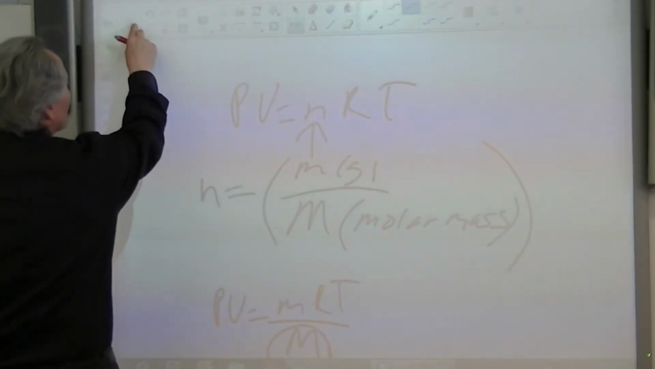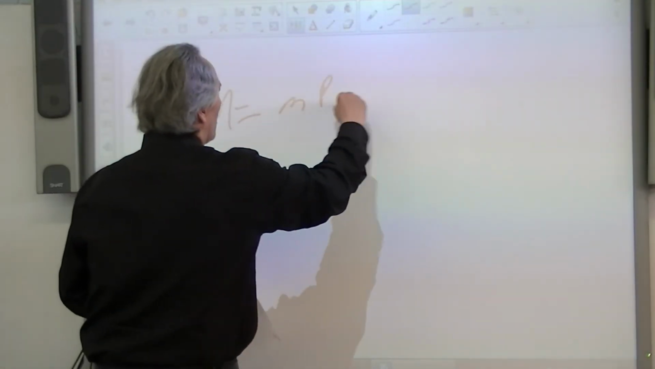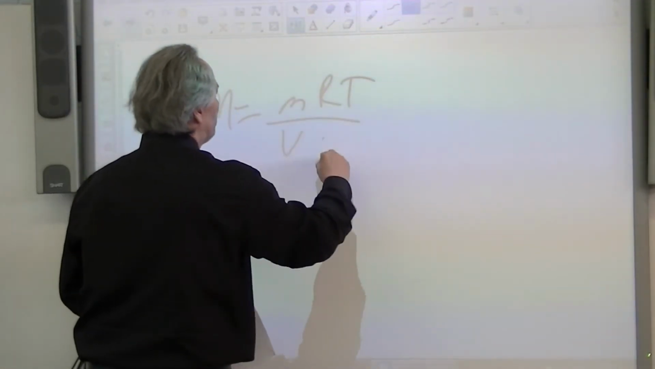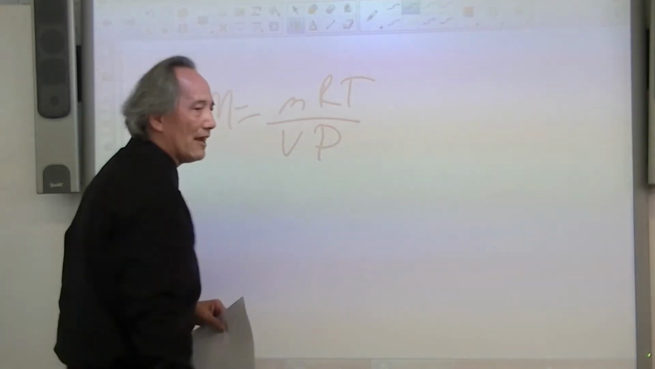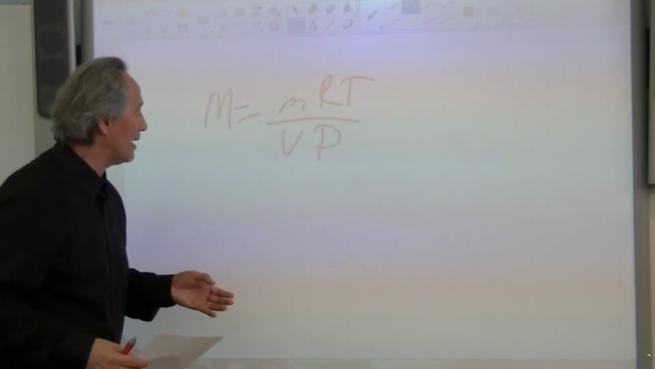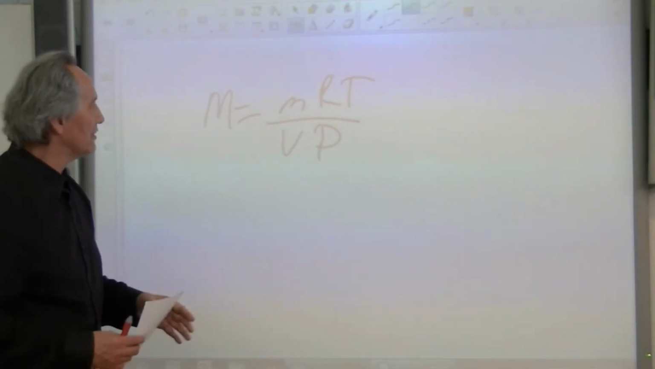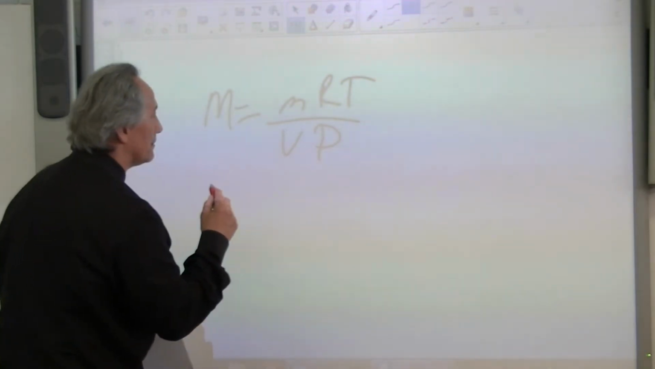Okay, let's take this one step further. This is what we were given in terms of molar mass, and this is the first derivation: M equals little m RT divided by VP. I specifically wrote it in that format so we can show another substitution that we're going to do at this point. Note that we've got a relationship here in this particular derivation,